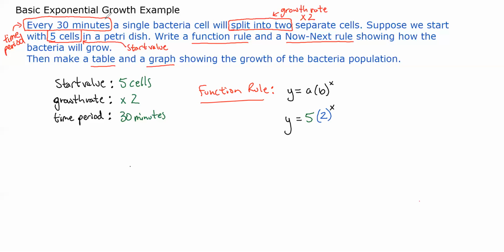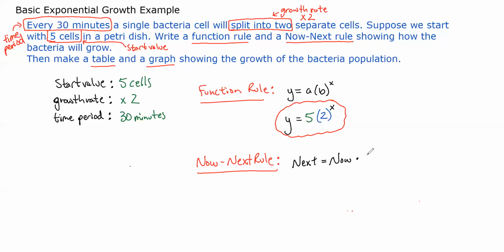So, we have our rule, right? Y equals 5 times 2 to the exponent of x. One's ready, right? And then we have our now next rule. Oops, need a T. Once again, this is going to look like next equals now times b